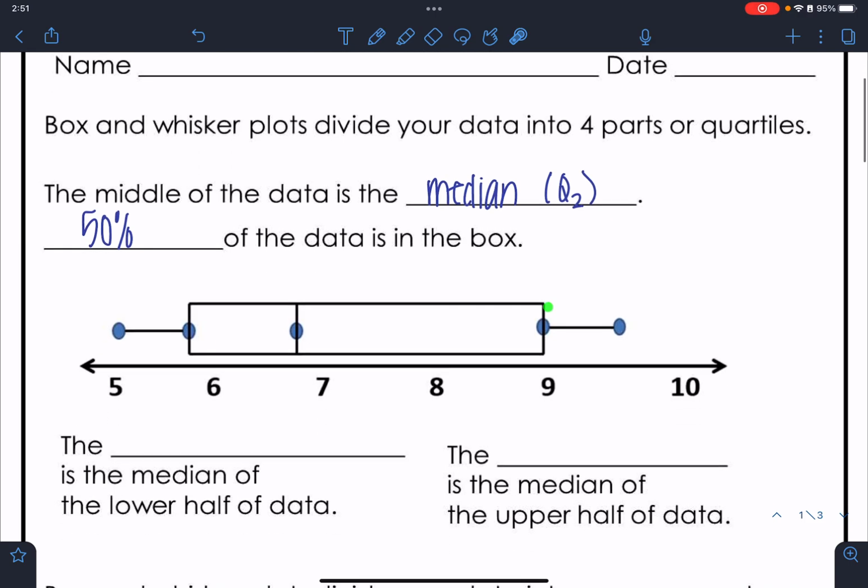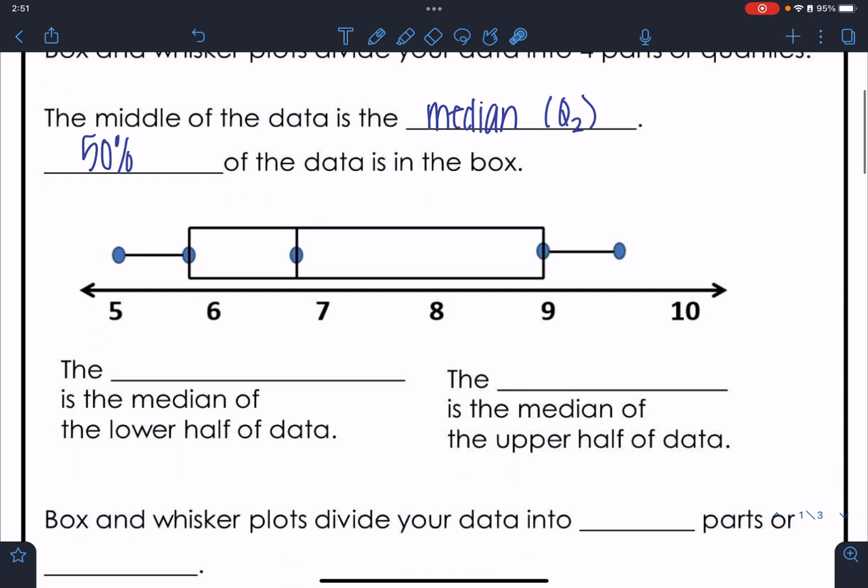So right here is my box. 50% of my data points fall in between this. So we could say in between, I don't know, 5.8 and a little less than 9. 50% of my numbers in my data set are within that range, okay? That's your interquartile range. And so your lower quartile, that's this next blank here, the lower quartile, or your Q1,